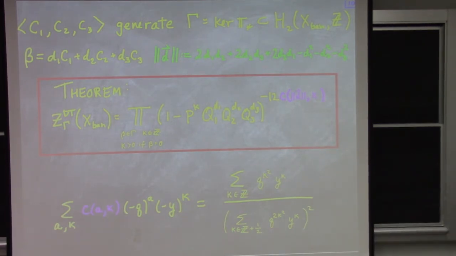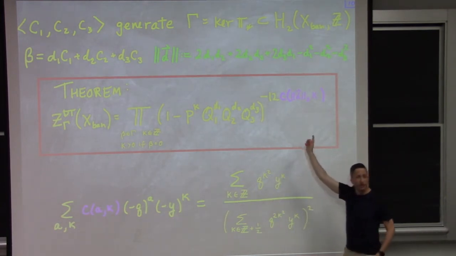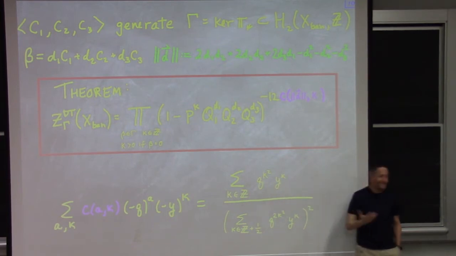Does demanding invariance under q goes to 1 over q in each variable pin this down to some relatively small ambiguity, or is that just something you observe afterwards? That is something you can observe afterwards that has to do with symmetry of this, but it certainly doesn't nail this down. These particular coefficients have a lot of rich structure here that,